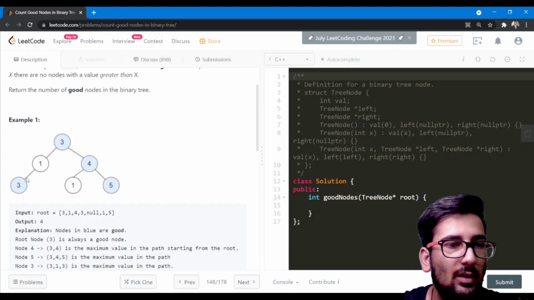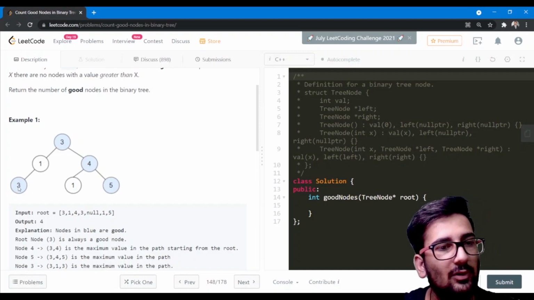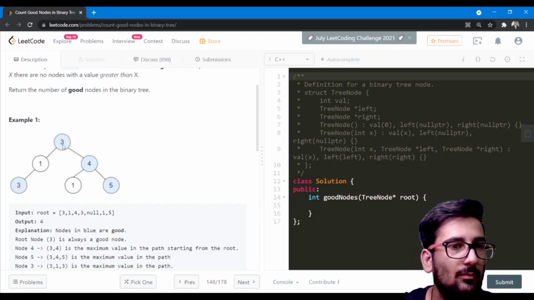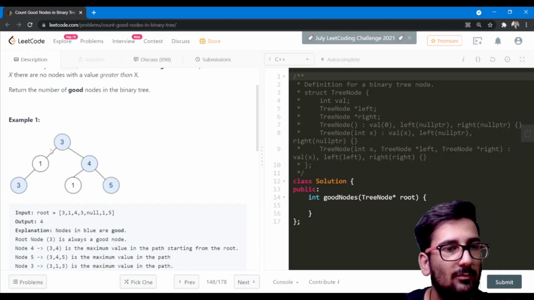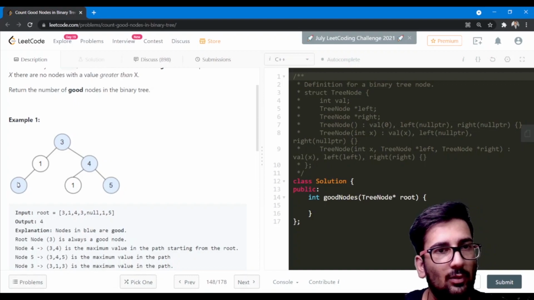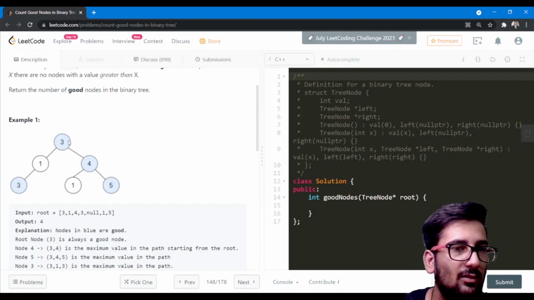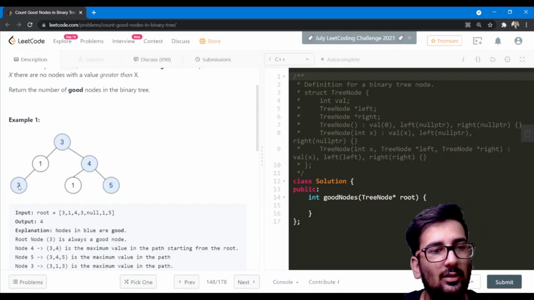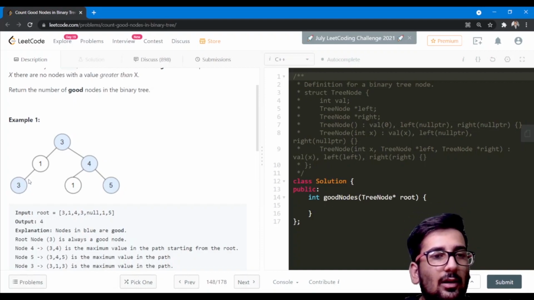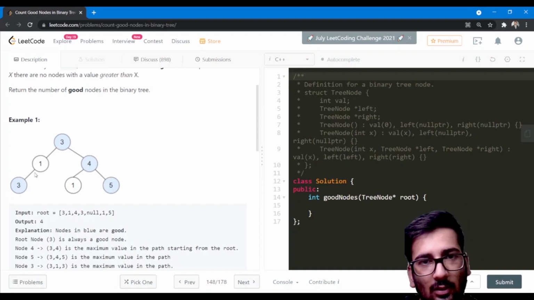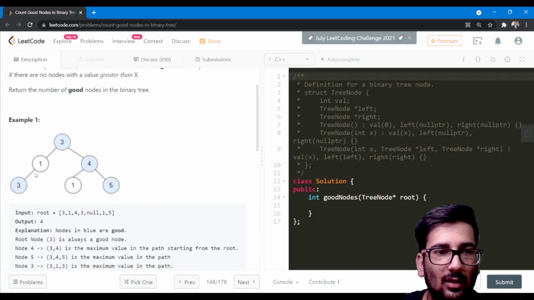For example, this 3 is the root and this is any other node. Okay, so in this path from the root to that node 3, every other node value is either smaller or equal. So this is a good node, which is colored in blue.